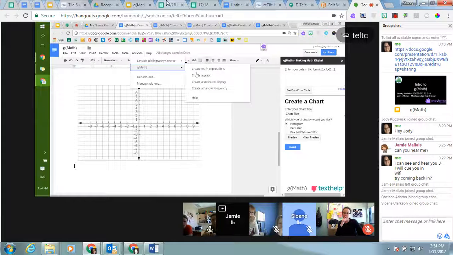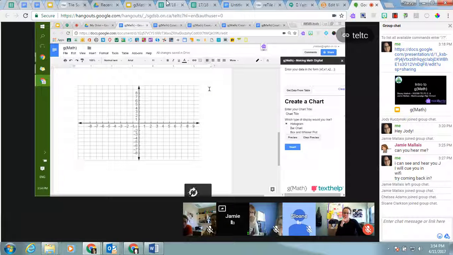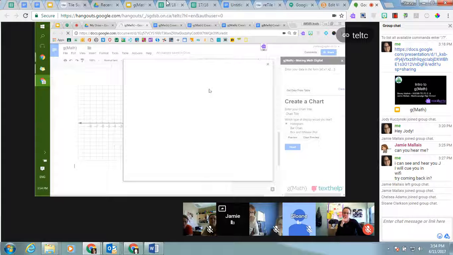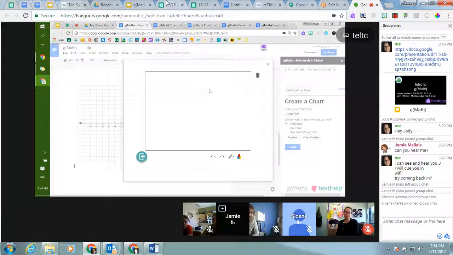The final thing, which is kind of neat, is if the tool that you're using has touchscreen, you can do it also with a mouse and keypad, but it's a bit harder. But GMath allows you to create handwriting entries, which is really nice. So if you click on the handwriting feature, this is what pops up, and you're limited to this space. So it doesn't get bigger or smaller. So that's a little constricting, but the fact that students